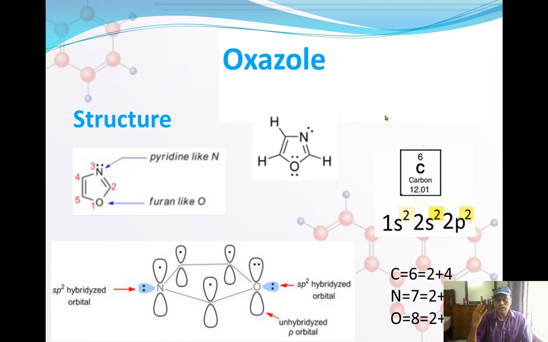In that there are 3 carbons, 1 nitrogen and 1 oxygen. And one thing to tell here, all of these atoms are sp2 hybridized. But how the electrons are getting distributed,